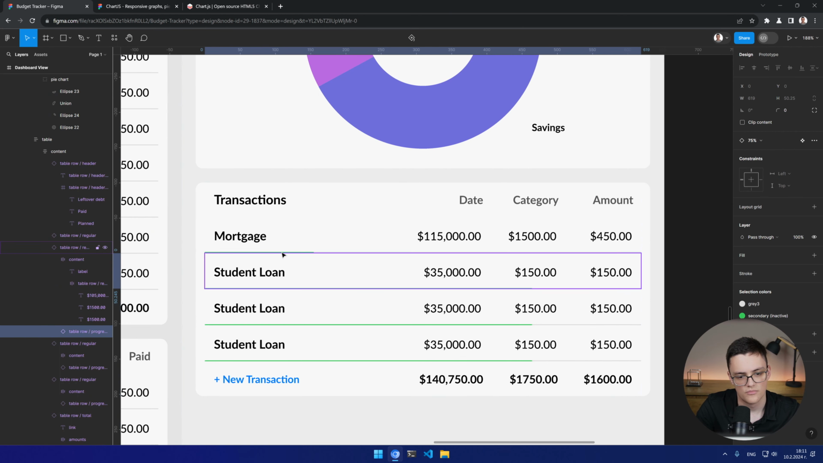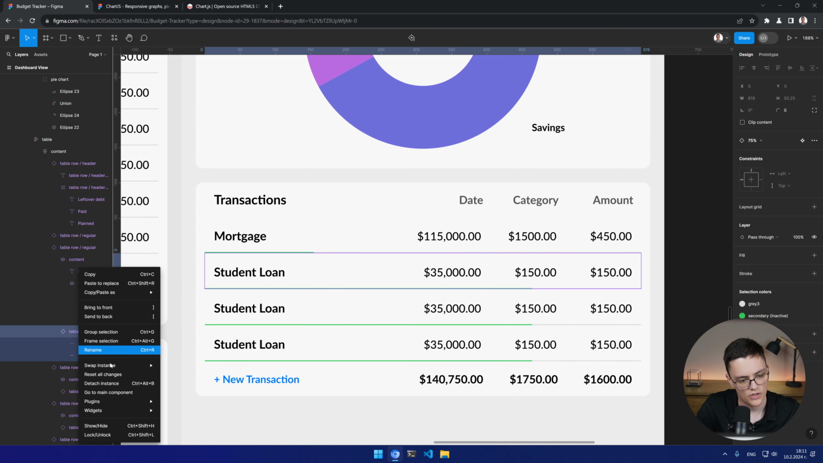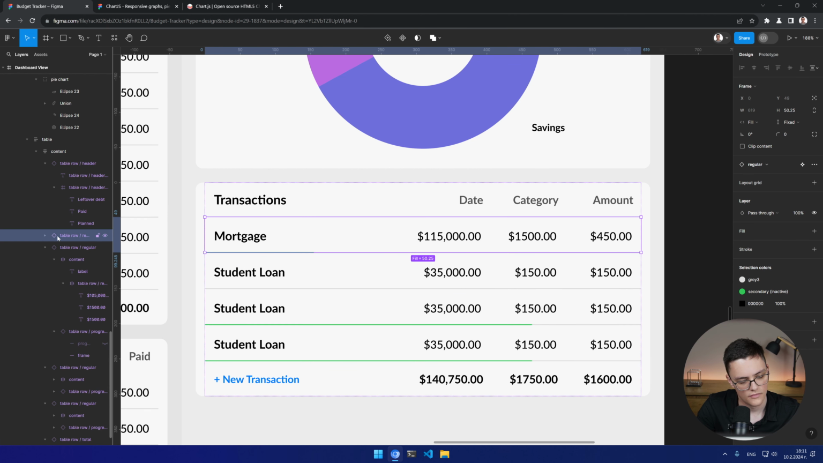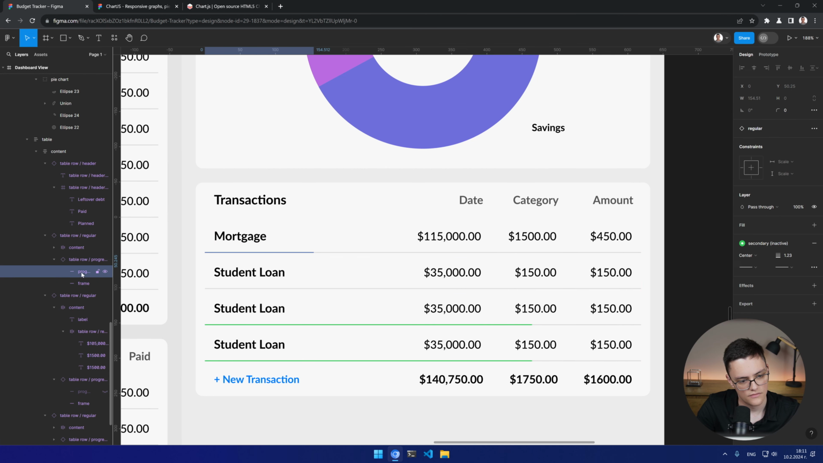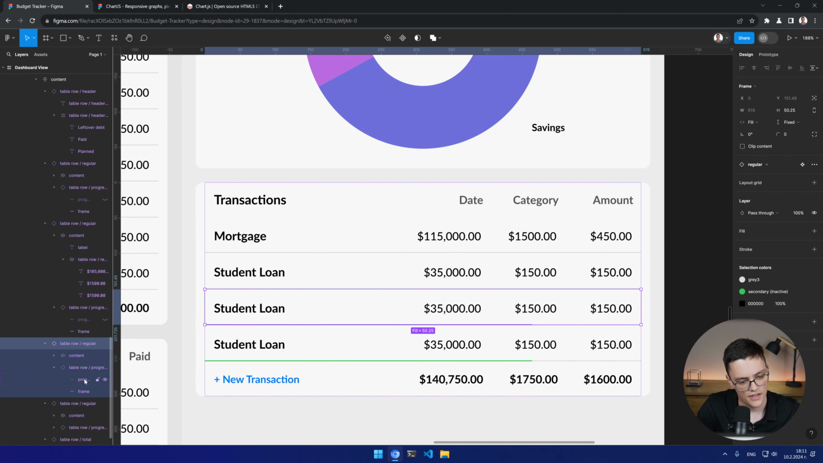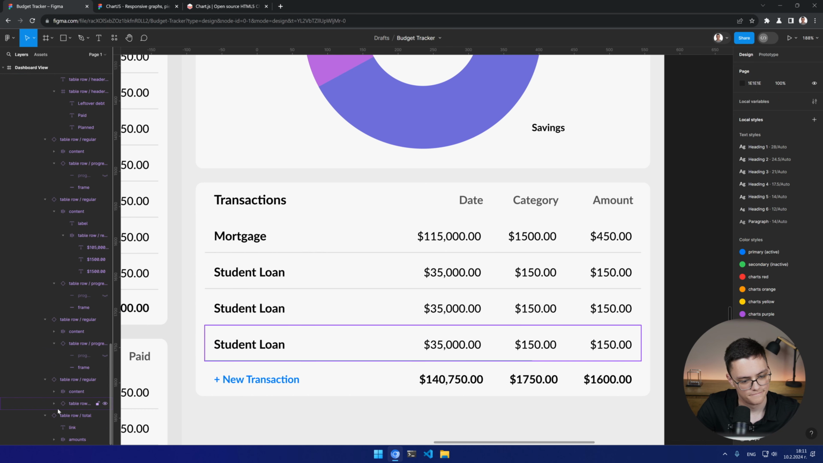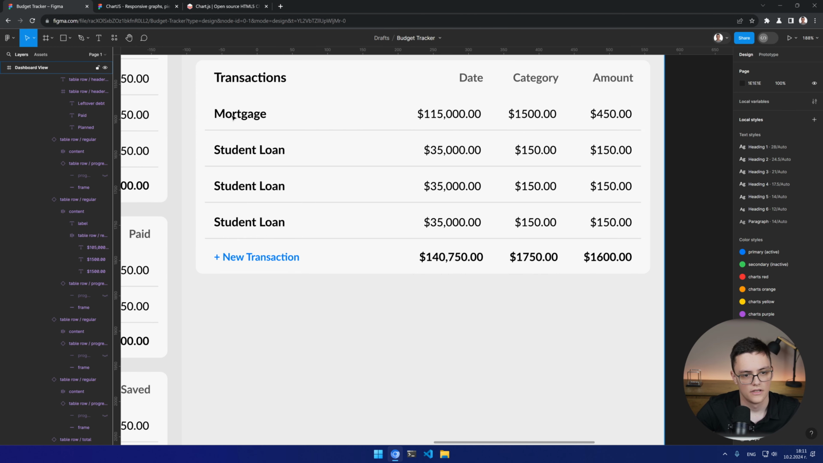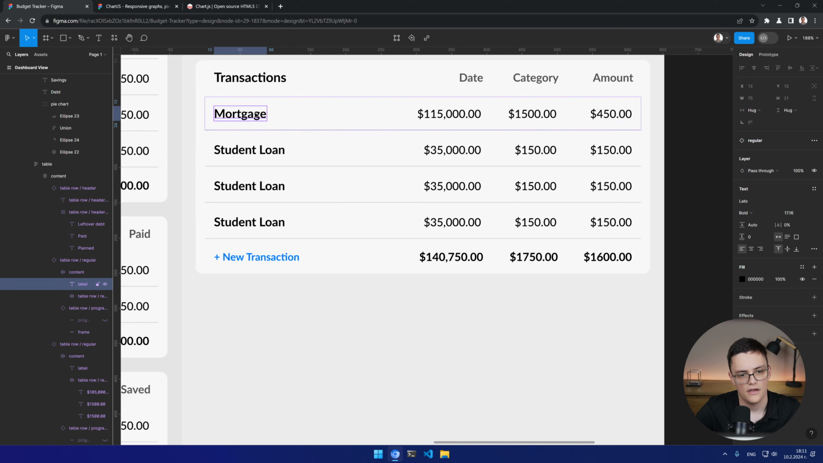Of course, these progress bars need to go. There won't be any progress bars. So I will hide the progress. Let me do that here as well. And here. I should have done that before I duplicated, but yeah. And here we have a couple of transactions. Yeah, just some dummy data,